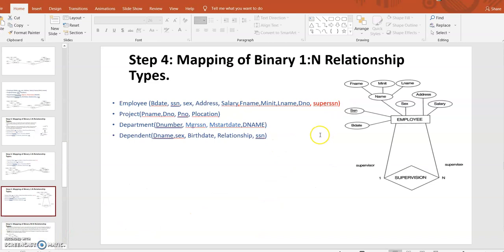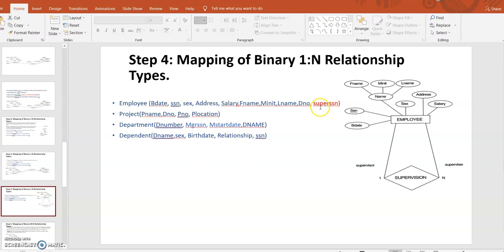So employee contains one more attribute, that is department number. We have another 1:n relationship, that is supervision relationship. One side is supervisor, the other side is subordinate. So in both cases, it's a recursive relationship. In both cases, same entity is participated.